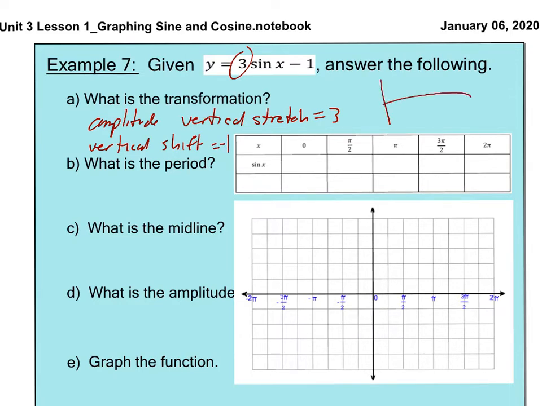So we're back to sine. Sine goes like so. So you're at 0, 1, 0, -1, 0. So all of this, 3 times sine of x minus 1, give me -1, 2, -1,